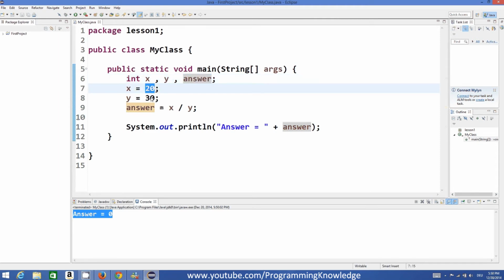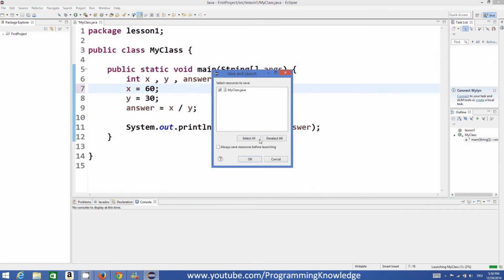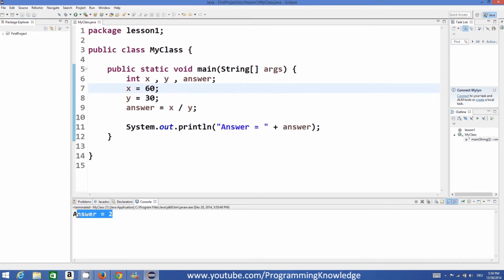And whenever we divide two integer values, the answer will be an integer, and if the result is not a whole number, the fractional part is dropped. So for example, we divide 60 by 30, right? Let's divide 60 by 30 for now and compile the program, and we get 2, right?